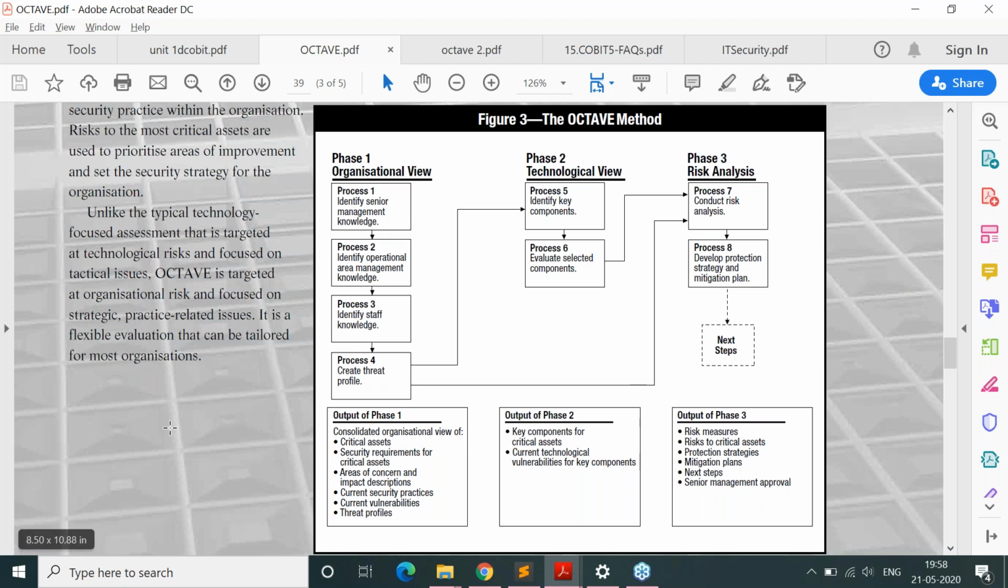तो आउटपुट कुछ इस तरीके से बताए गए हैं इन फेजेस के। क्या क्या है, तो पहले फेज का आउटपुट कुछ इस तरीके से, कंसोलिडेटेड ऑर्गेनाइजेशन ओवरव्यू में क्या मिलेगा, क्रिटिकल एसेट्स, सिक्योरिटी रिक्वायरमेंट फॉर क्रिटिकल एसेट्स, एरियाज ऑफ कंसर्न एंड इम्पैक्ट डिस्क्रिप्शन मिलेंगी, करंट सिक्योरिटी प्रैक्टिसेस पता चलेगी कि अभी क्या कर रहे हैं, करंट वल्नरेबिलिटीज पता चलेगी, थ्रेट प्रोफाइल्स पता चलेंगे कि शायद कहीं से रिस्क नहीं लेकिन थ्रेट है। थ्रेट मतलब देयर आर हाई चांसेस दैट इट कैन गेट कॉम्प्रोमाइज्ड।